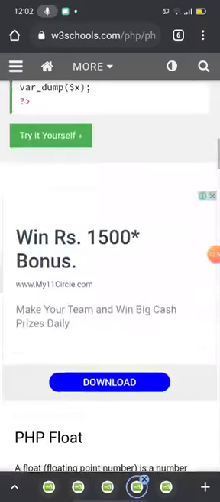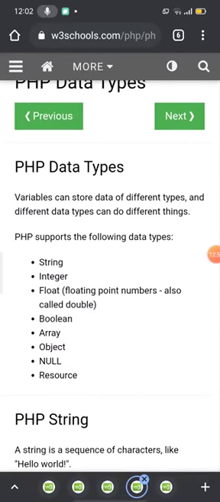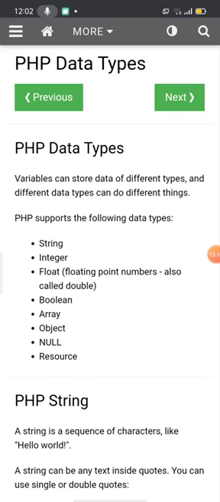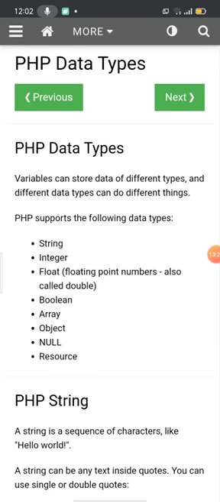Say for example you are writing an amount, you are doing a business and writing an amount and you are adding it. Which data type are you going to use? For addition you are going to use integer, for numbering purposes. And if you are writing the names of your friends, or you are making a list, then you are going to use the string data type. For writing text, for writing names, you use a string data type.